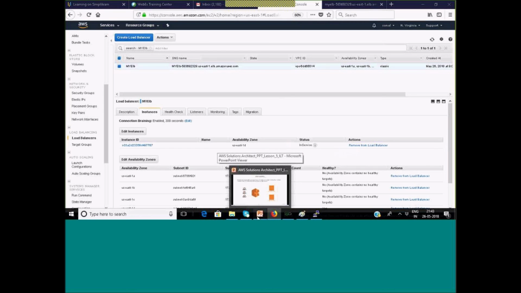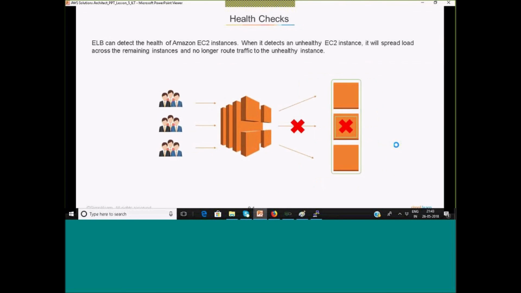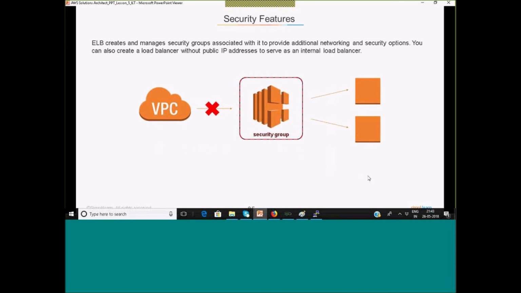Fine. So we will keep this ELB as is because we want to discuss the next service, auto scaling. We will use auto scaling with the ELB. I want it to automatically scale up or scale down, because the ELB just marks an instance as unhealthy. It will give me fault tolerance and load balancing, but it cannot launch a new instance. If I have 3 instances behind the ELB and one is down, it cannot launch a new instance in that place. So for that I will have to use auto scaling.